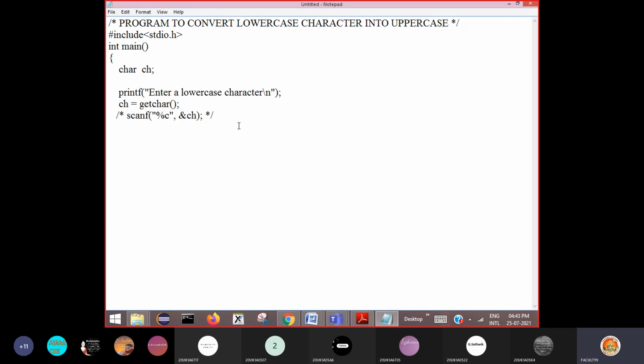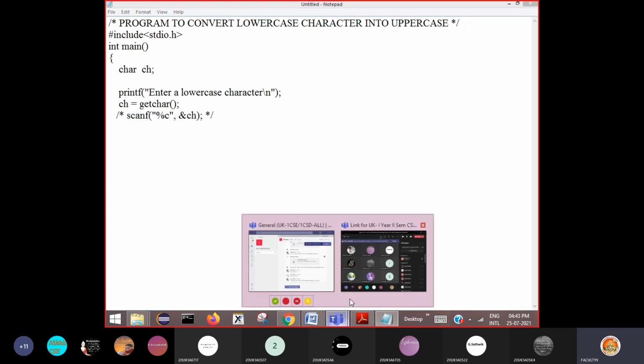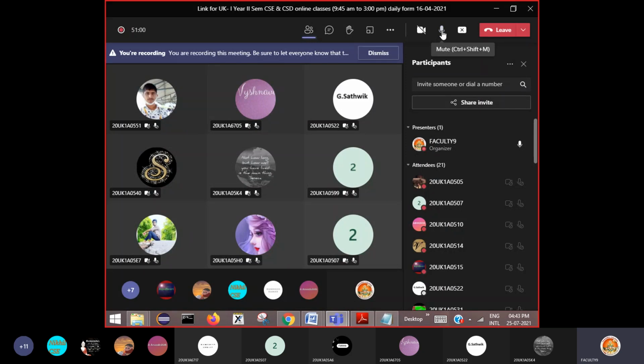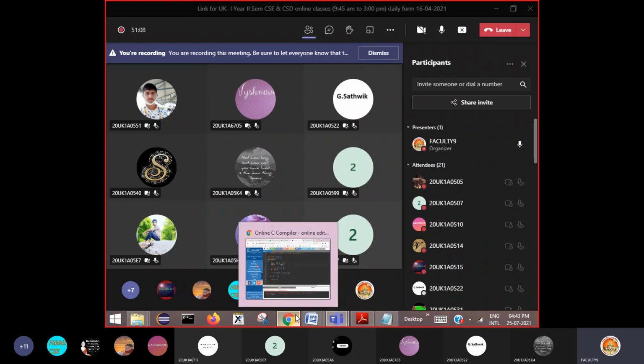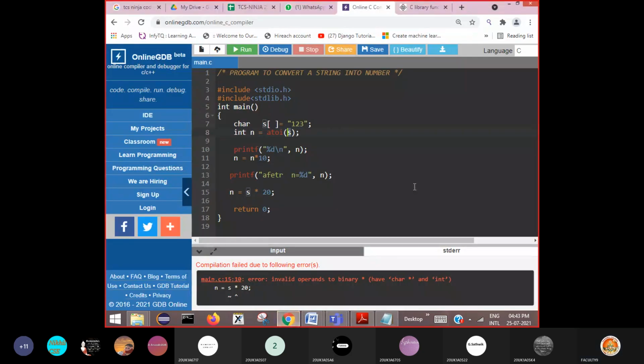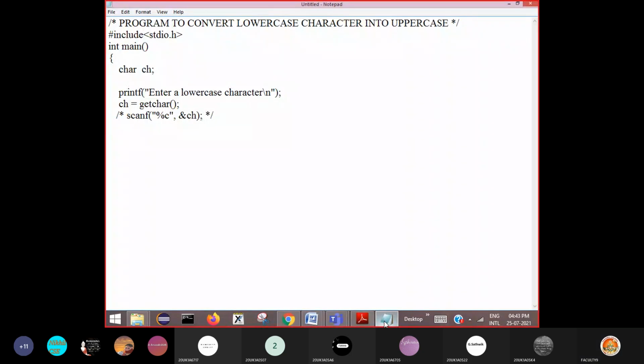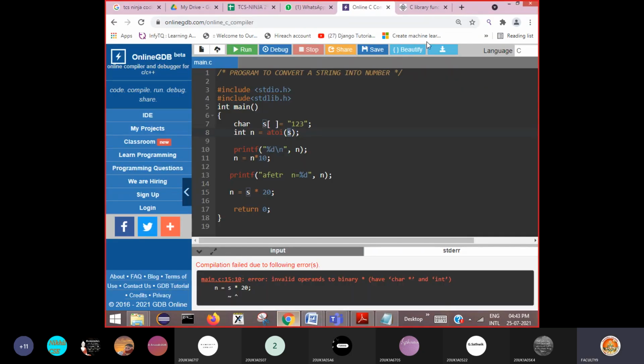Now, uppercase character. If you see the ASCII chart of all the characters, can you remember the ASCII value of small a and the ASCII value of capital A?